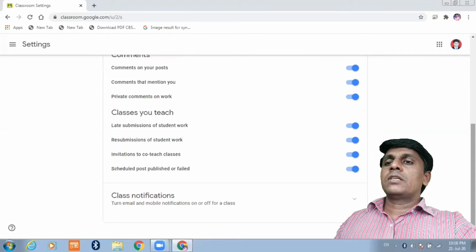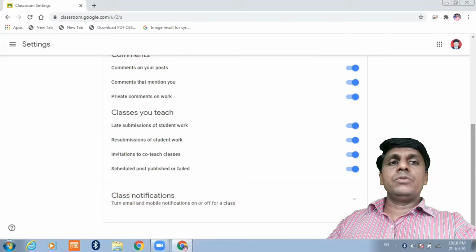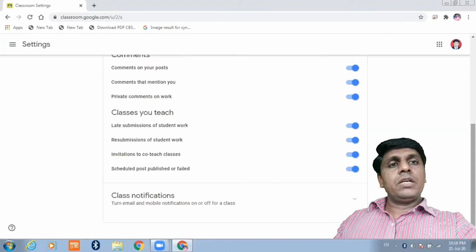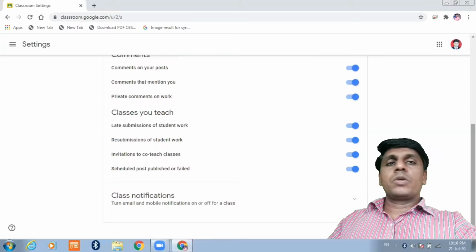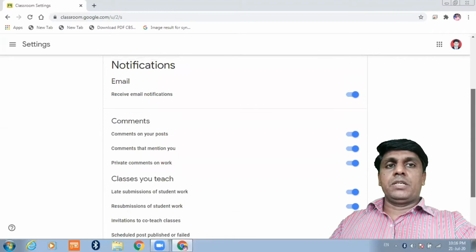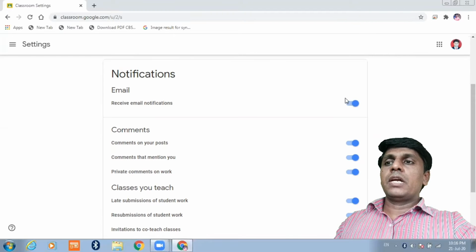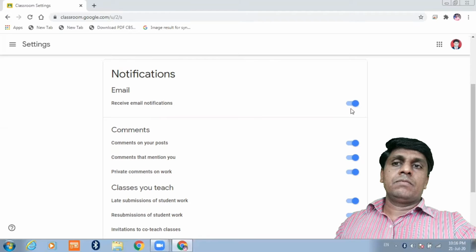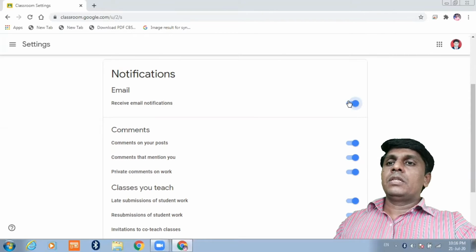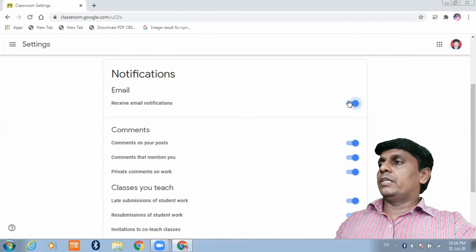This is the important setting of your profile. You have to understand. Whenever as per your necessity, you can turn off the button. For example, if I don't want to send invitation by mail, then I will turn off this button. So these are the uses we have to understand in the setting of your account profile.